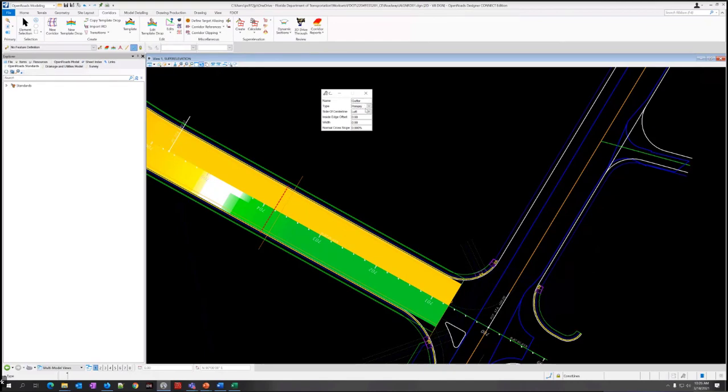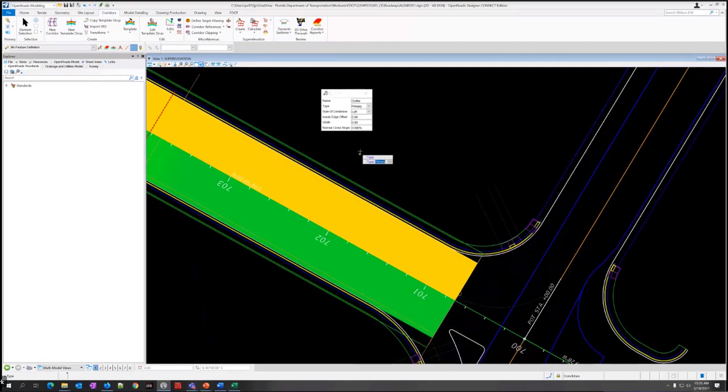Type is primary, and this is step 2 to outline what this needs to be. So the side of the center line is left. The inside edge offset is 40. So that's from the center line to this edge of pavement. That's the inside edge, so that's 40 feet. Remember, it's 80 all the way across, so it's 40 and 40 from the center line. The width is the width of the gutter, the width of the lane. In this case, it's the gutter, so it's 1.5 feet. And the normal cross slope of the gutter is 9.375. And I accept these settings.